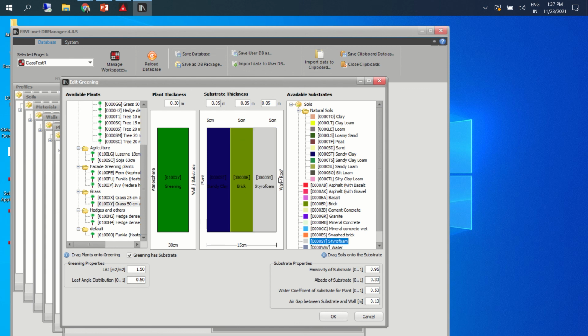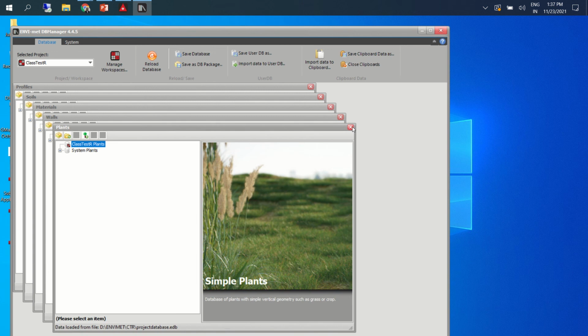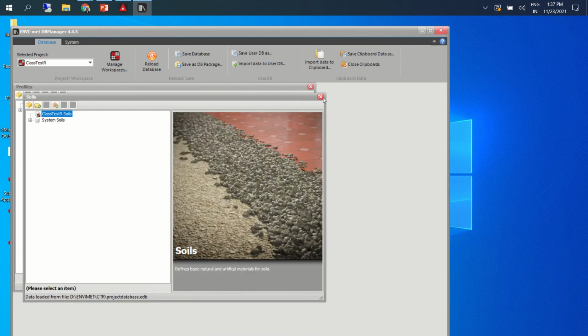You are the better person to tell. What I'm saying is we have to customize these materials, all the parameters, so that our results become as realistic as possible. Otherwise we'll go by default settings that we may not be interested in.